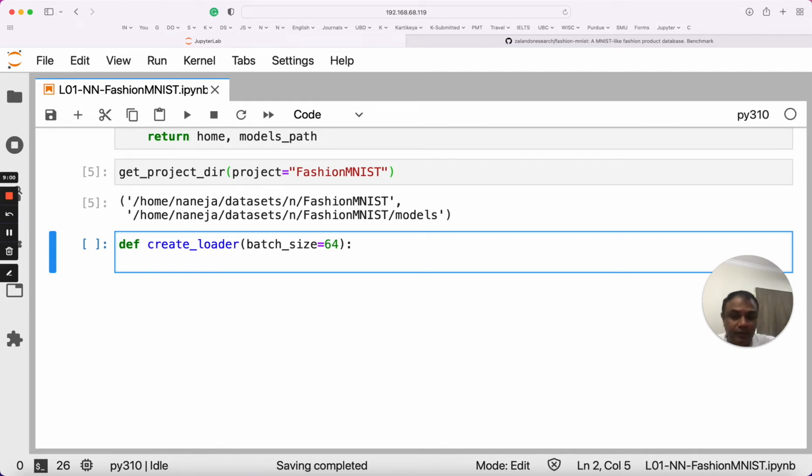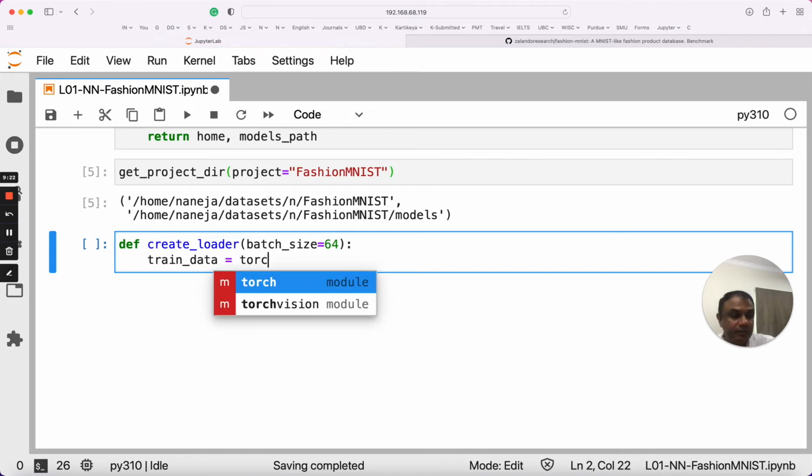In order to download, we will download two datasets, as we saw that this FashionMNIST gave us two types of data: training, which is 60,000 images, and the test dataset, which is 10,000 images. So we'll write here train_data. So this is the train data, and all of the datasets are available in the Torch Vision library, and in that you will call